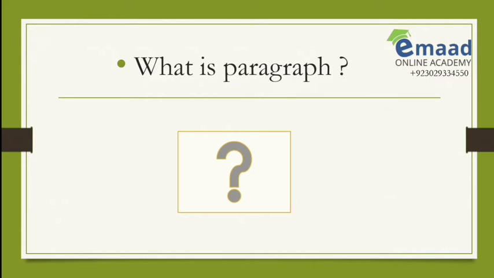For example, if there are many causes of terrorism and you are writing an essay on terrorism, for each cause you create a separate paragraph. So, one paragraph actually includes one aspect of a topic or one type from the various types of a topic, or different causes, reasons, or maybe different effects. Maybe you are talking about many solutions for a problem. So, for each solution to a problem, you create a separate paragraph. So, this is what actually a paragraph is.